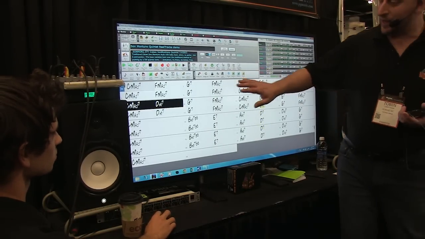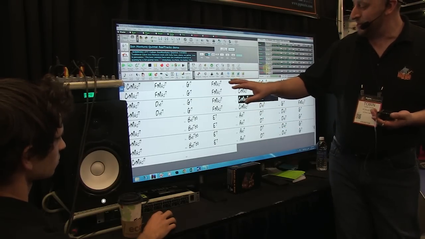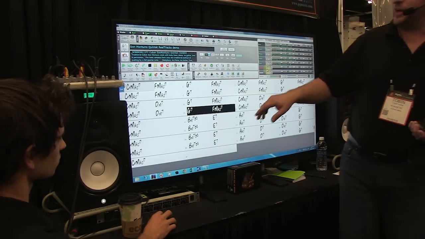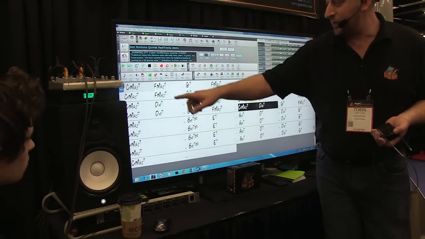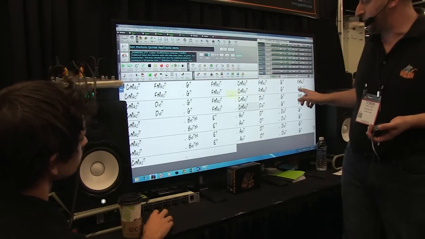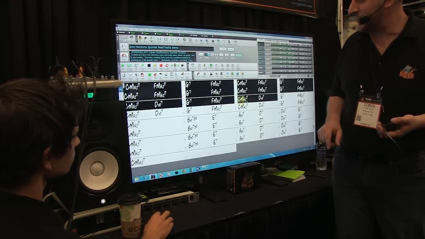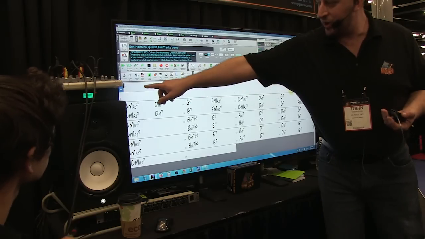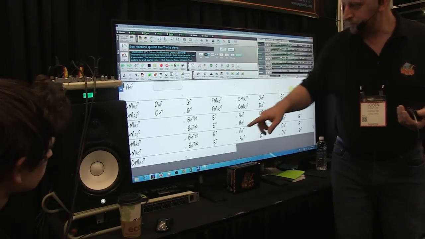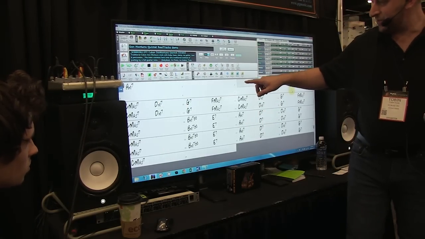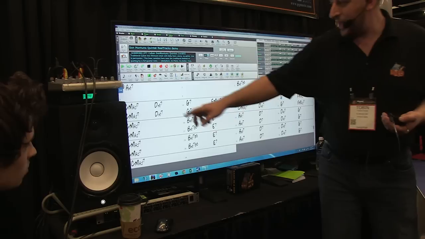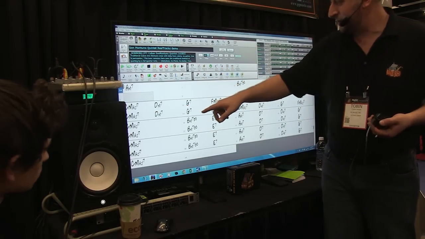Now again, like I said before, the impressive thing with Band in a Box is seeing changes being made and then hearing those changes. So let's stop this for a second and let's just highlight the first 8 bars and press delete, so it just clears all of the chords from there. And let's just enter A minor 7 up here. And we'll go B minor 7 flat 5 here, and E7, and then A minor 7 here,